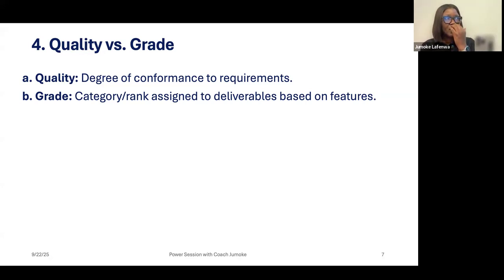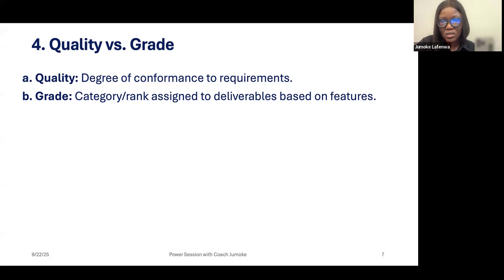Even how it feels when you inhale them will be different. You know, with good perfume, you will not feel like sneezing and all that. So that is great. But the $5 perfume, it doesn't mean it's not of quality, because there were requirements that were given for that perfume to be delivered. You see, quality refers to conformance to requirements, while grade is looking at the ranking that is assigned to deliverables